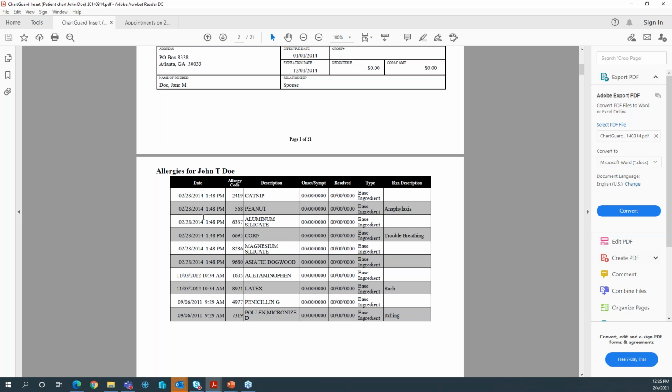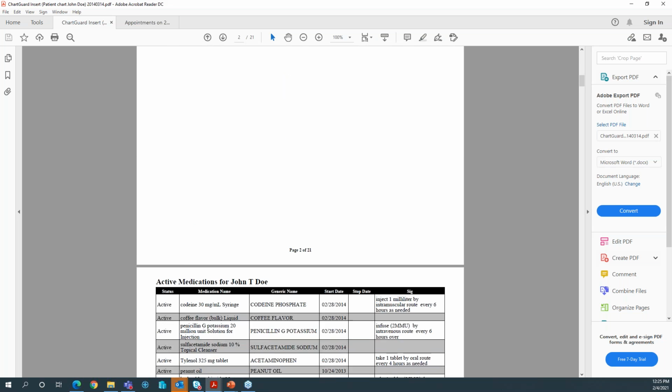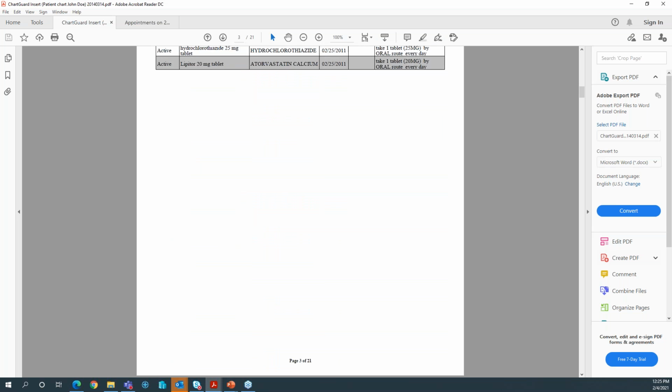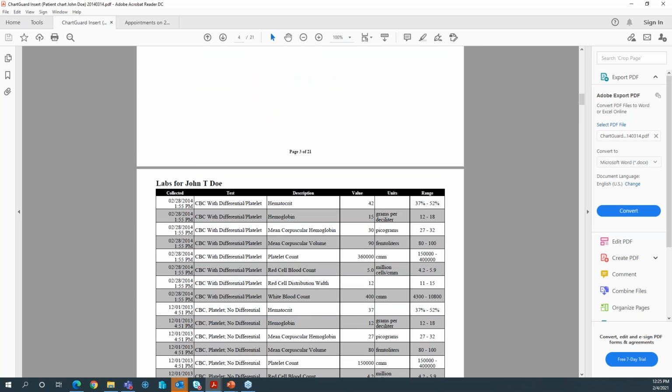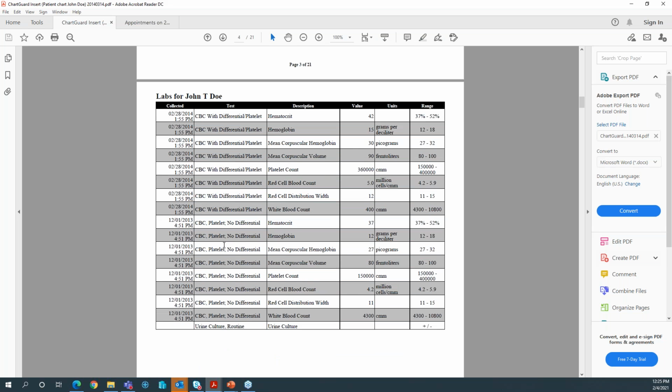And again, you can see the depth of information here. As Joe mentioned, this is customizable so that you can control the depth of it as well. Here's medications, again a nice table format, and you can scroll from top to bottom. Here's the labs information,